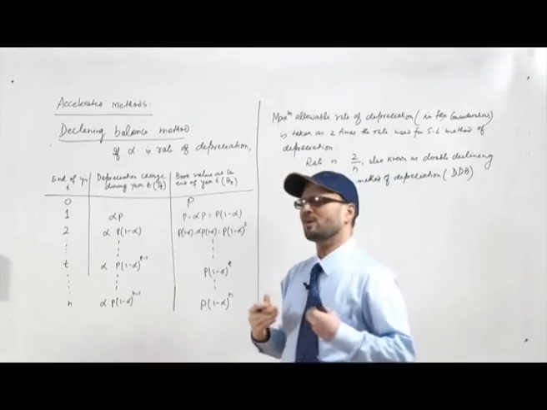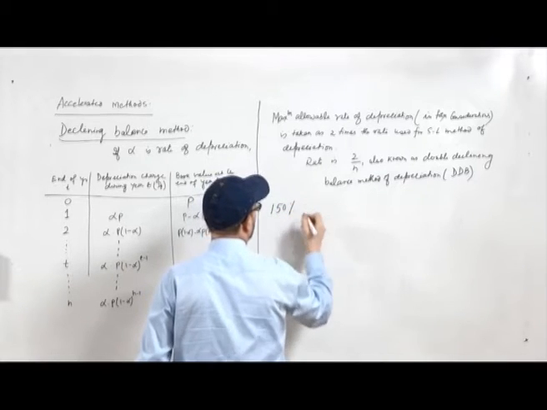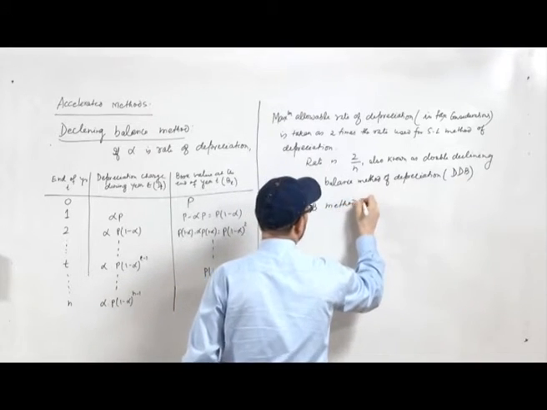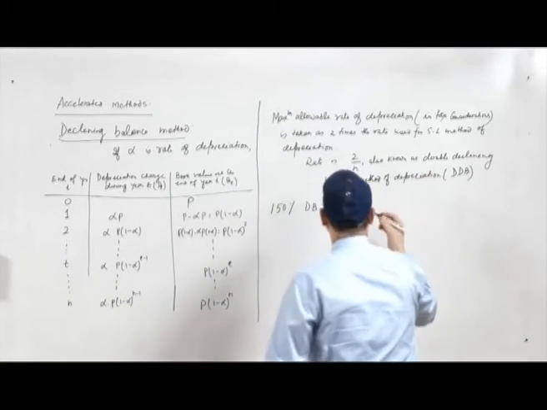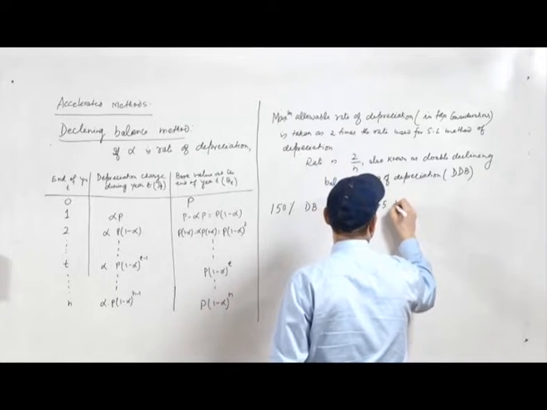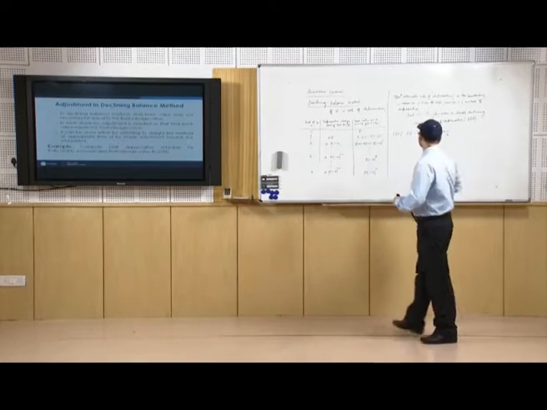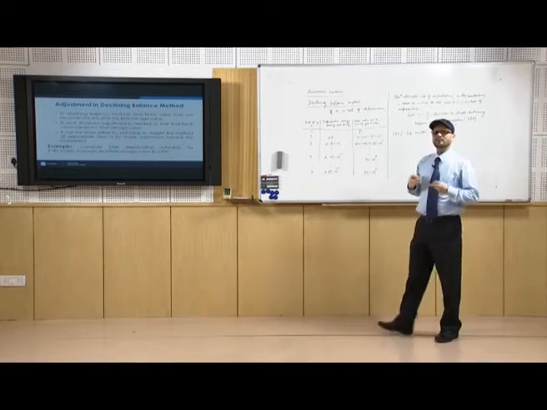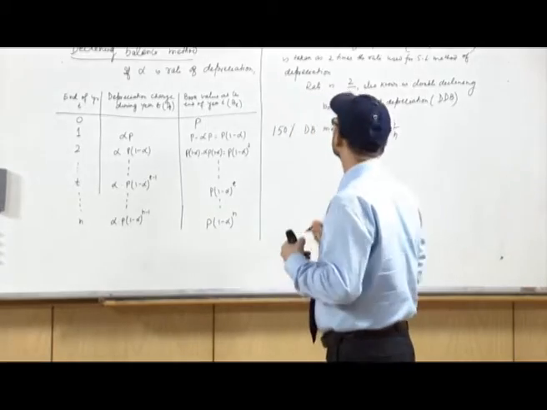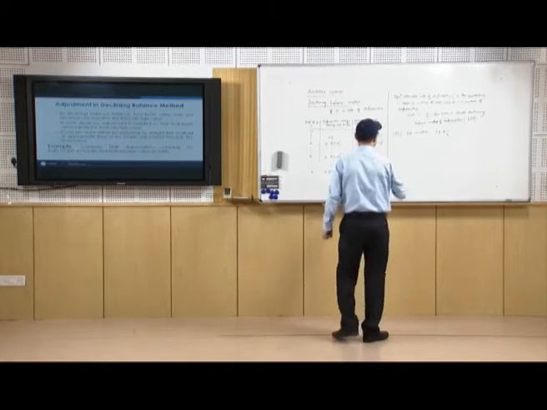We may also come across the term known as 150% declining balance method. This is nothing but 1.5 times 1 by n. So, when we take the depreciation rate as 1.5 times 1 by n, this is basically known as 150% declining balance method of depreciation. Now, what we are discussing, that suppose